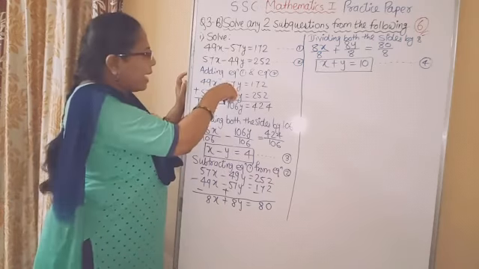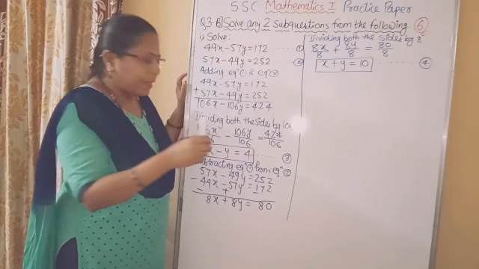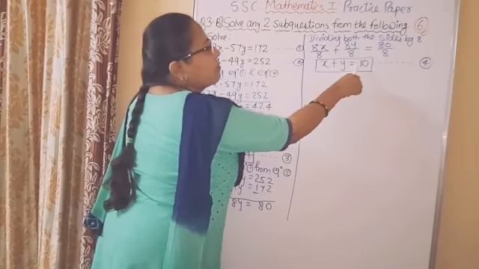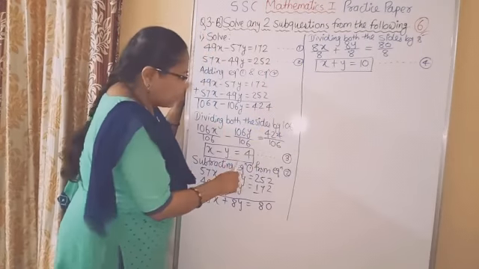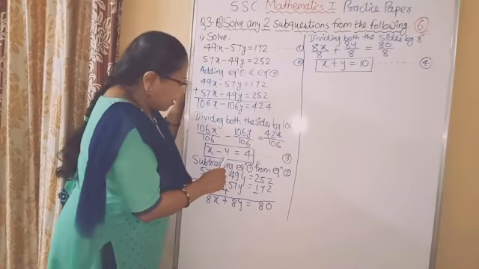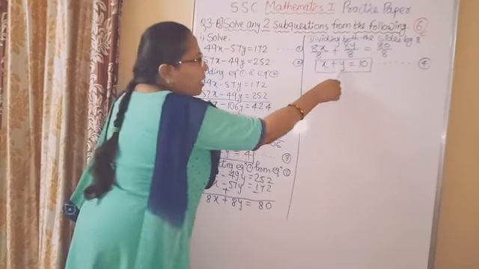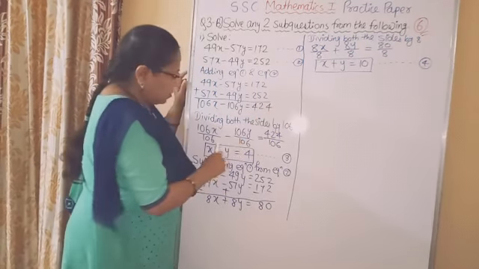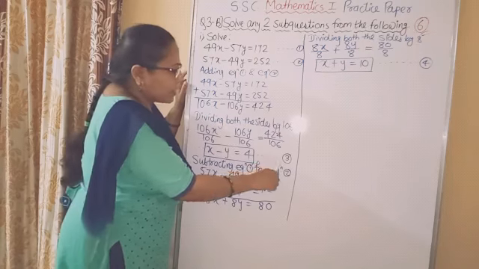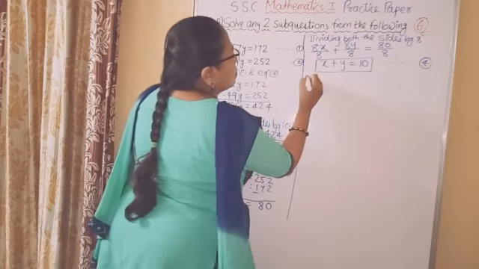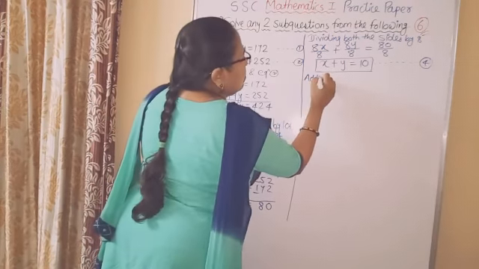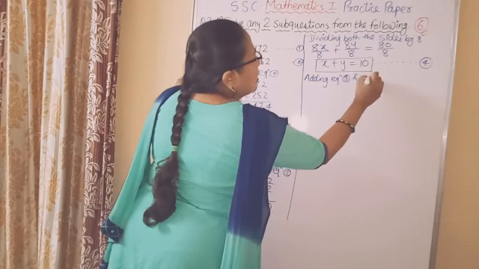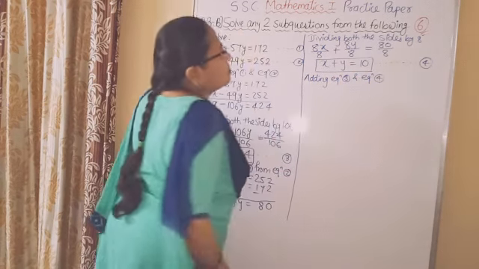Okay. So by adding and subtracting we got two simple equations, x minus y equal to 4 and x plus y equal to 10. Now we will solve these two equations. You can see the coefficient of y is equal and it has opposite sign. So add this equation, adding equation 3 and equation 4.